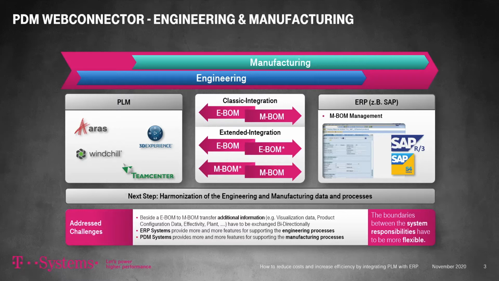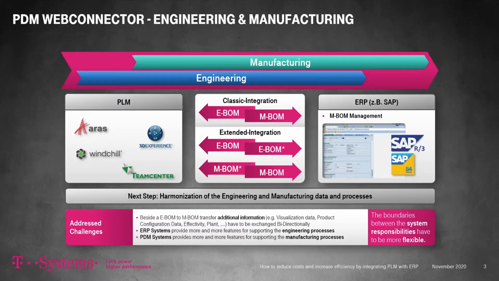On the other hand, SAP, and especially the newest development of SAP S/4HANA, is moving in the opposite direction so that you can cover more and more of the engineering process and data in your SAP. So therefore, the way the systems interact with each other and the scope is not as clear as in the past. And we focused our